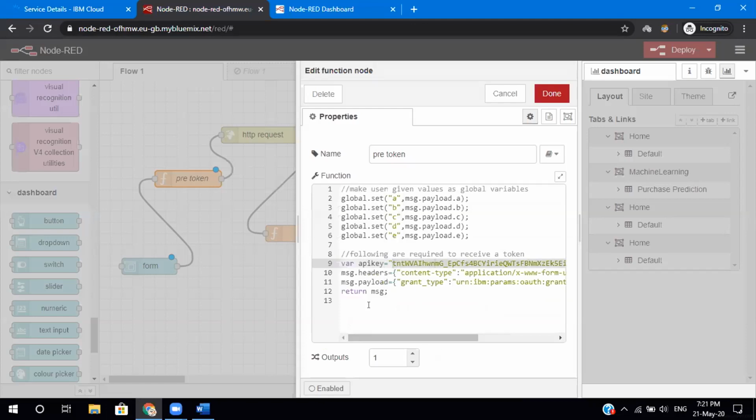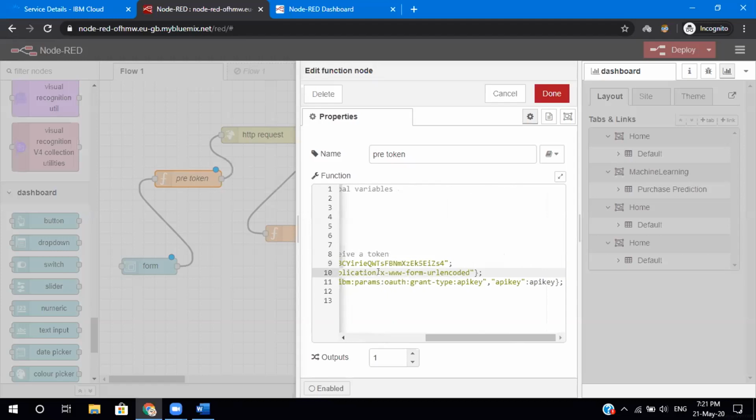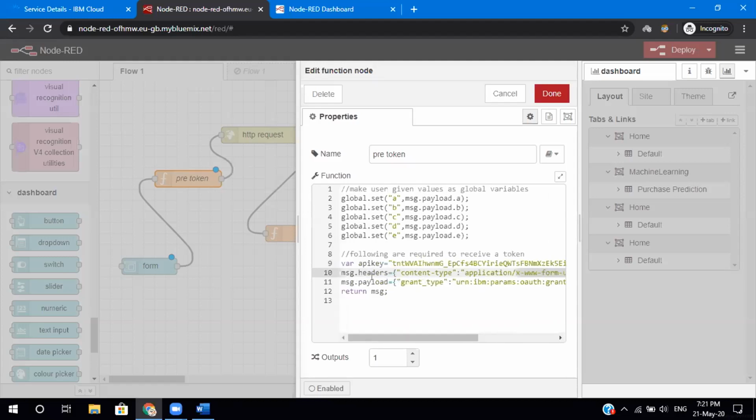If you have the API key, we need some headers. Only if we let the service endpoint know that we are requesting with this kind of header will it accept, otherwise it will not accept. Few people might know what message headers are, few people may not know. It's fine, it's actually fine.